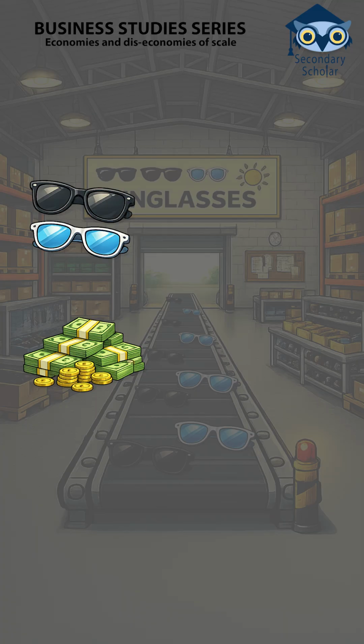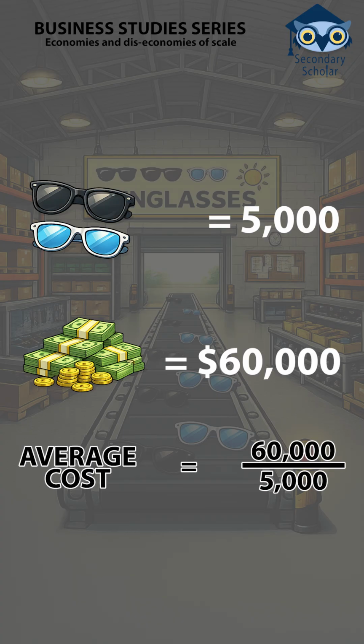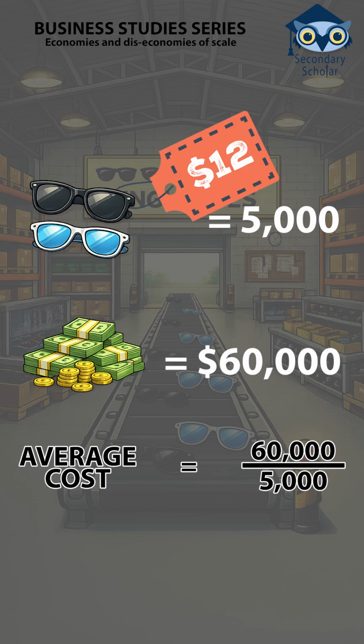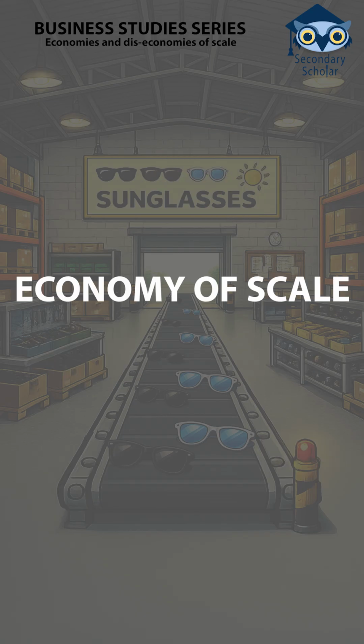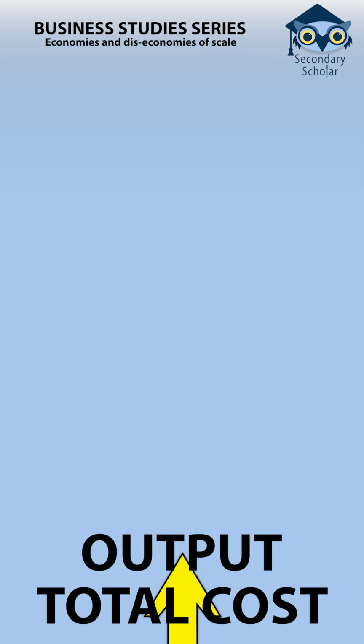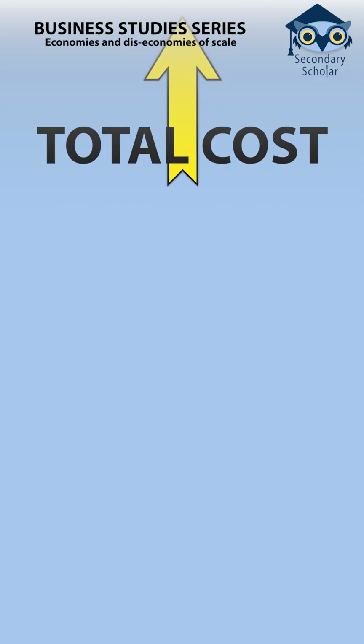Now imagine the business grows and produces 5,000 pairs per month. Total cost increases, but only to $60,000. Now divide 60,000 by 5,000. That equals $12 per pair. Even though total cost increased from $20,000 to $60,000, the average cost per pair fell from $20 to $12. That fall from $20 to $12 per unit is an economy of scale. It happened because output increased much faster than total costs, and that is the key idea examiners want you to